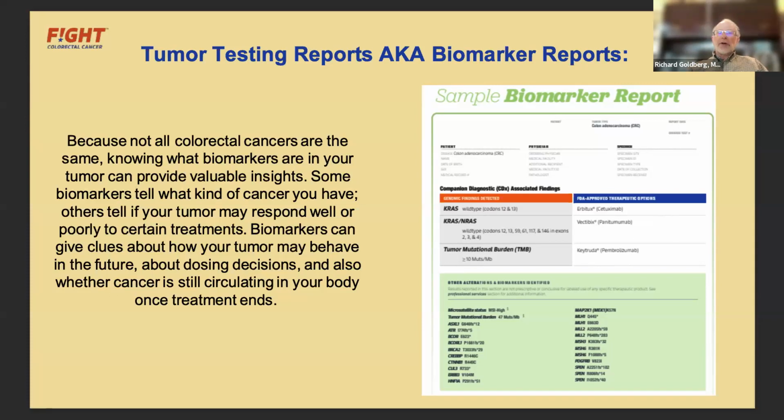So we talked about pathology reports, and pathology is the way you make a diagnosis of colon cancer. You can make a presumptive diagnosis if you see a large tumor on a colonoscopy, but until the pathologist looks at it under the microscope, you don't know what you have for sure. While most masses in the colon are what we call adenocarcinomas, or cancers starting in the inner lining of the colon, it's possible that you could have another kind of cancer like a lymphoma, and the treatment is vastly different.